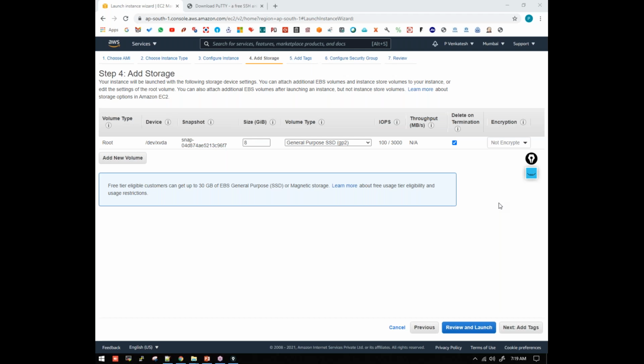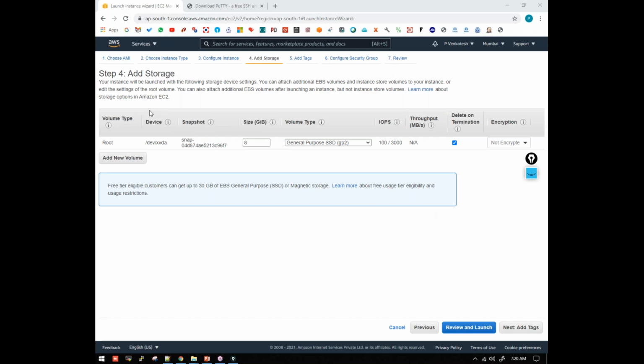So if you keep it for about 7.5 hours, your 750 hours of free tier usage will be completed, and after that your account will be charged. Got my point, right?